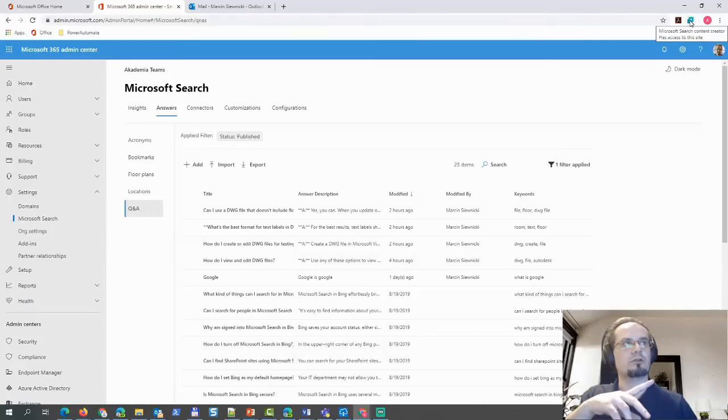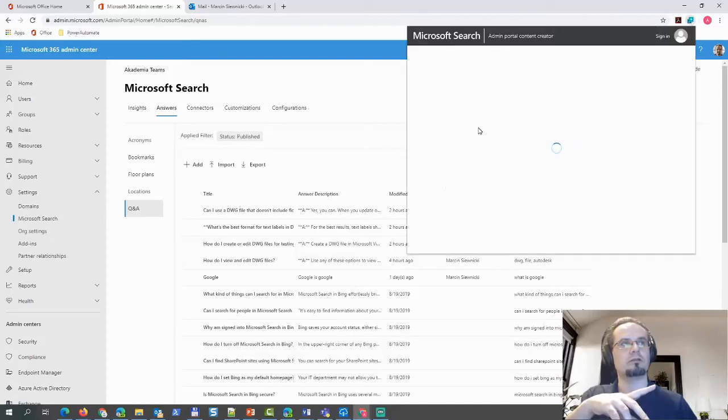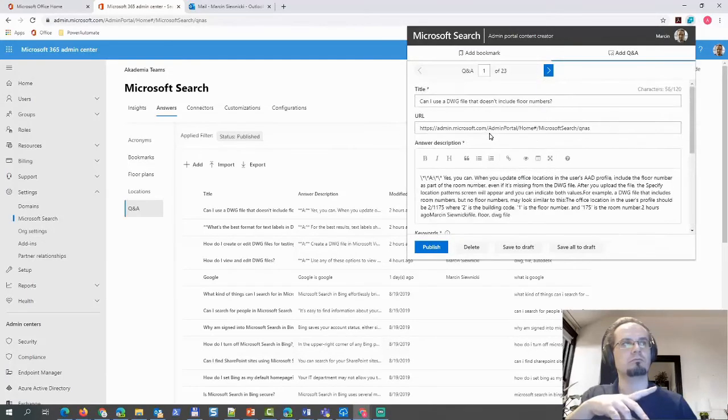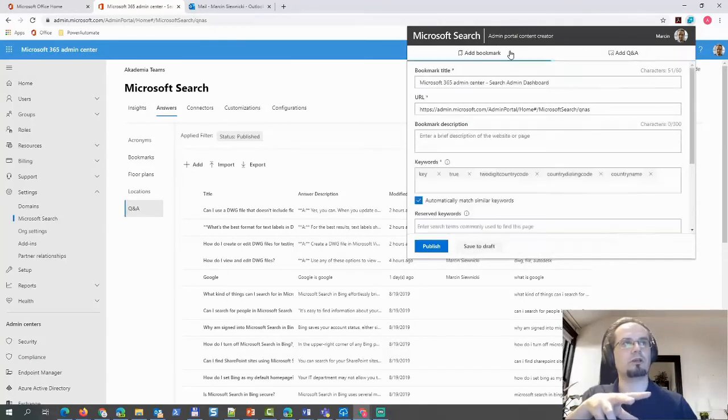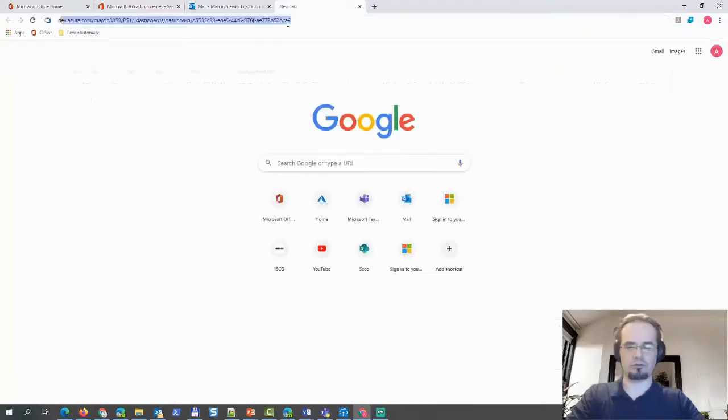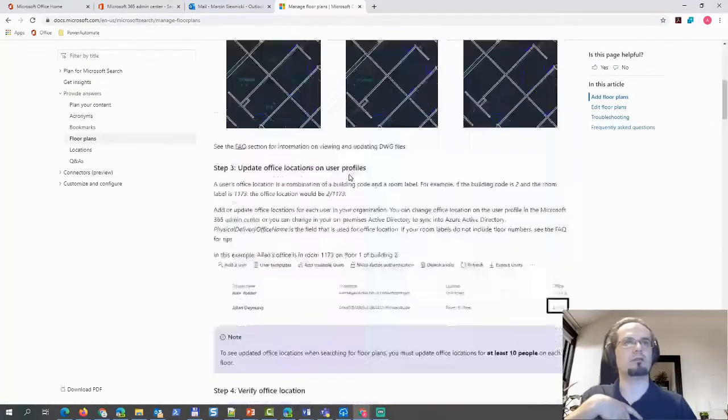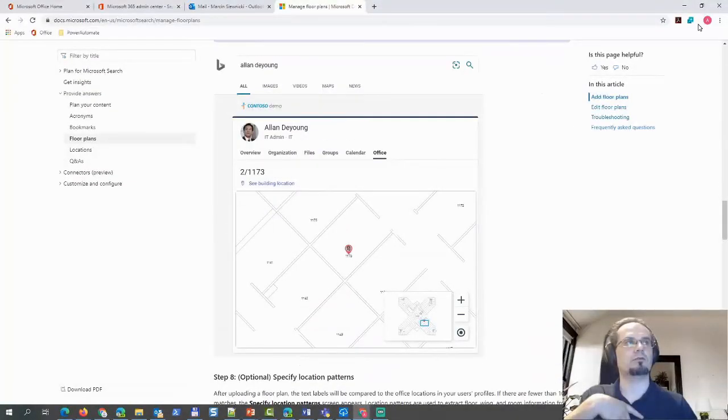It's called Microsoft Search Content Creator. And what it does, it has two sections, Q&A and add bookmark. If I go here to docs.microsoft.com, manage floor plans, yes. And using that